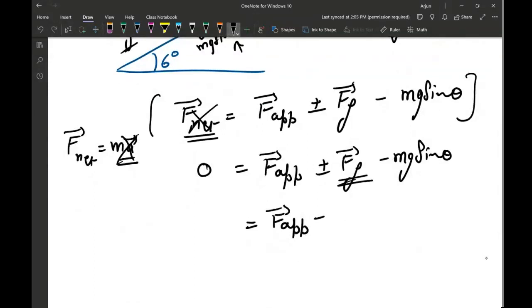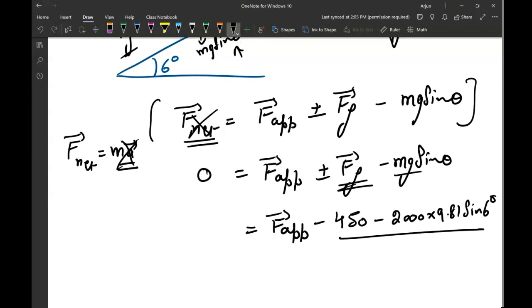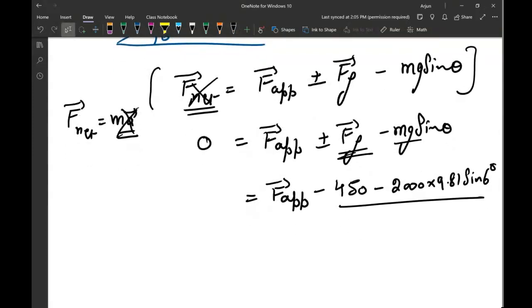So this will be minus 450 newtons and minus mass times g, which is 2000 times 9.81 times sine of 6 degrees. These both are negative forces, so you're going to add them up and move them to the other side. And you will find that the force applied value will come out as,